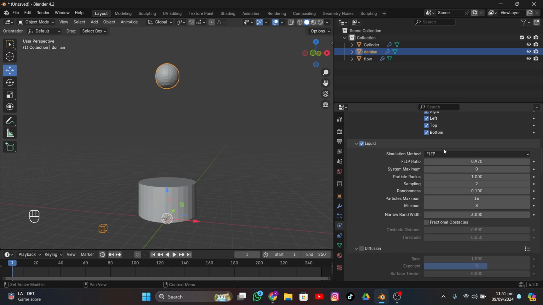And now we got a liquid here. There are two methods, one is flip and one is epic. What's the difference between those simulation methods? Well, they're similar to one another, but flip is usually used for product stuff and for very close-up shots because it needs so much detail, and it takes time to bake down, and it's a bit time consuming, it takes forever to bake the simulation. But if you look at epic, it just does everything faster, but in fact